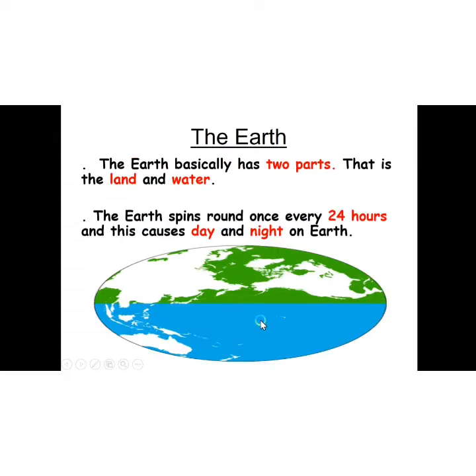Alright? Good. So the Earth basically has two parts. That is the land and water. Good. Now what is the color of the land? The land, like your grass. What is the color? It is green. So this is the parts of the land. Alright? This is the part of the land where you have your schools, where you have your farms, where you have your shops, where you have your house, the roads, the malls, alright, the parks,